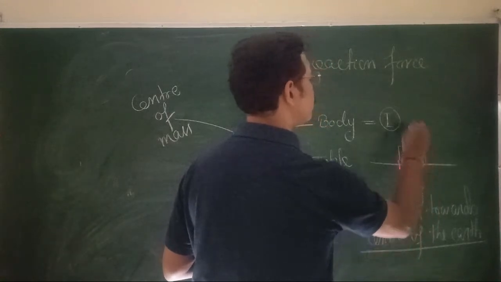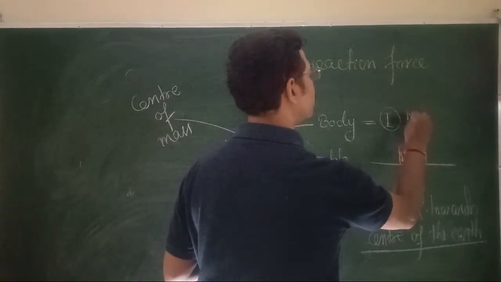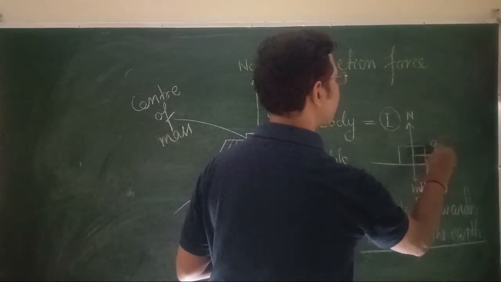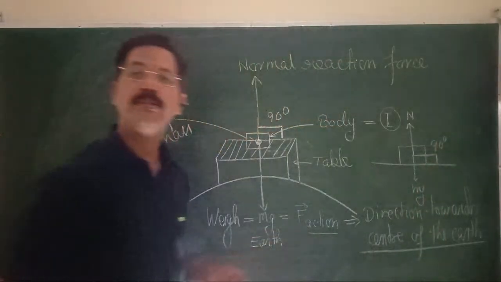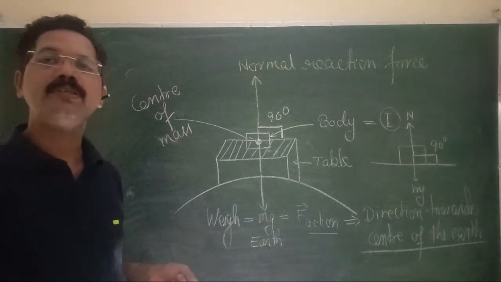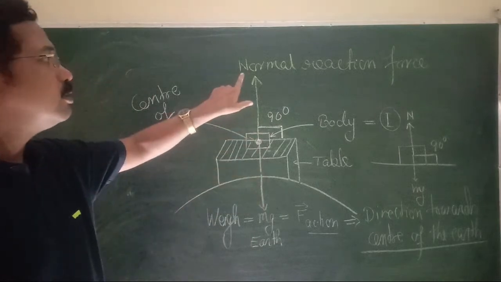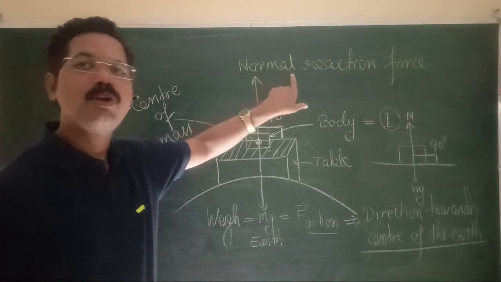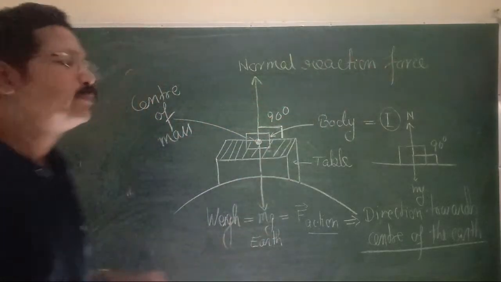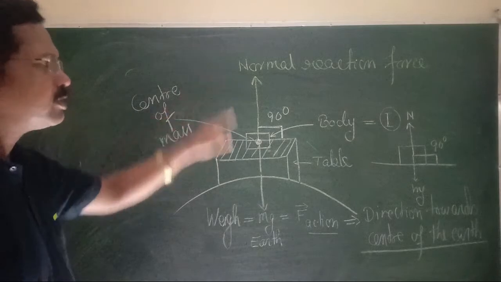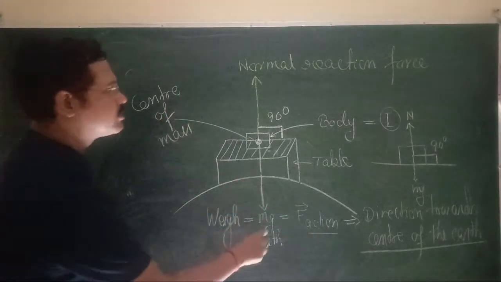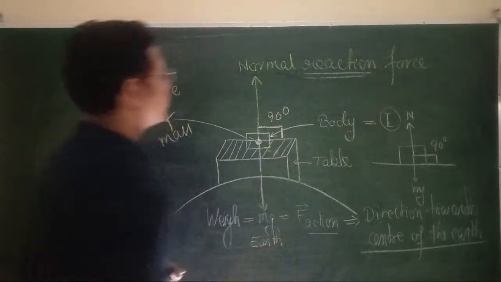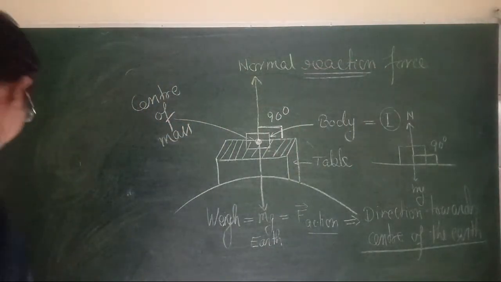There is force of normal reaction N. So how much angle does this make? This makes a right angle from the surface. Since it makes a right angle, it is also called normal to the surface. So this is the normal reaction force. So two forces are acting here. One is action, the second is reaction force. So I am writing here